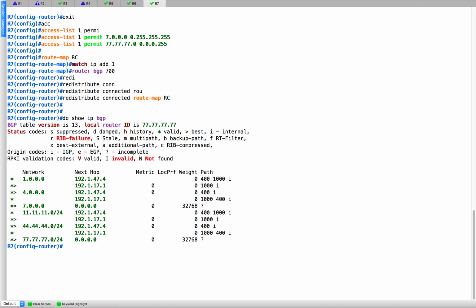So that's good. What do we do next? Another thing I can show you is, let's say you want to manually override this. This is how the default behavior works, but you can override it as well. When you're redistributing, you don't want the origin code to appear as a question mark, you want it to appear as I. Then you can do this. You just need to manually say set origin,